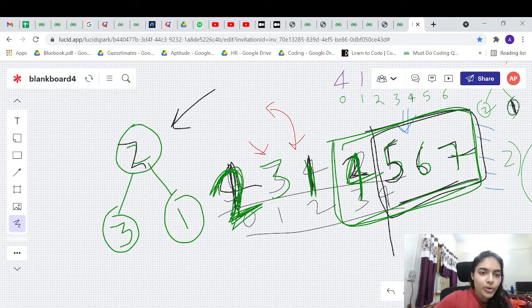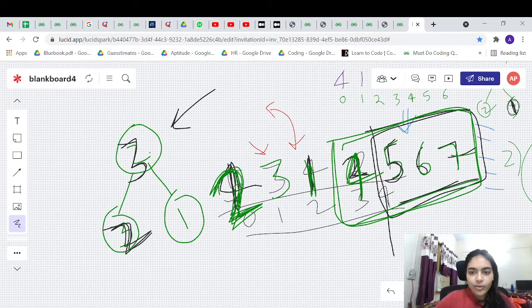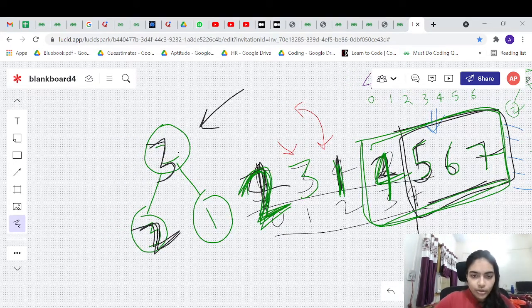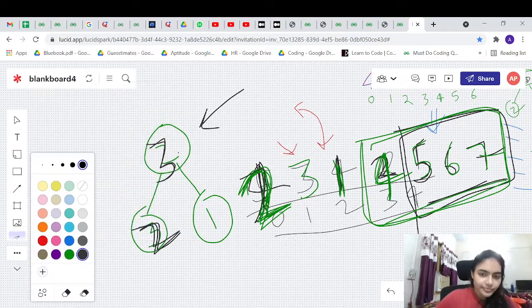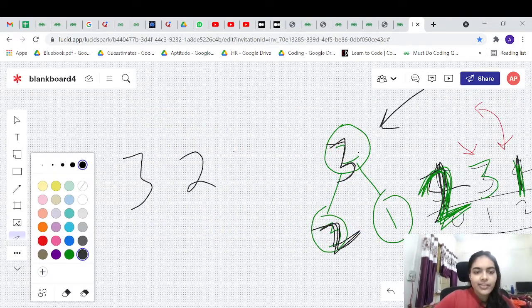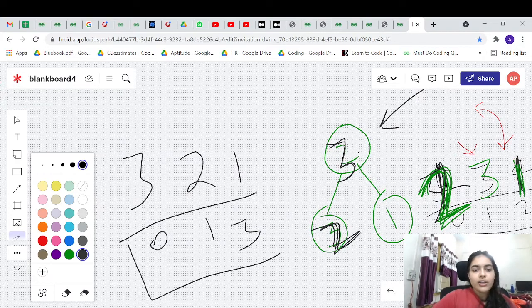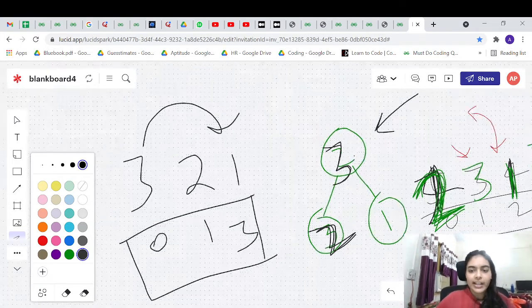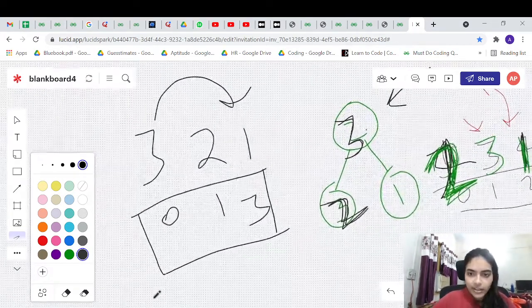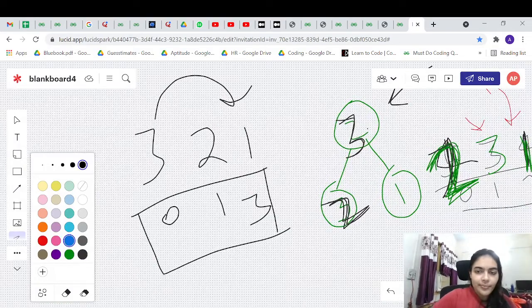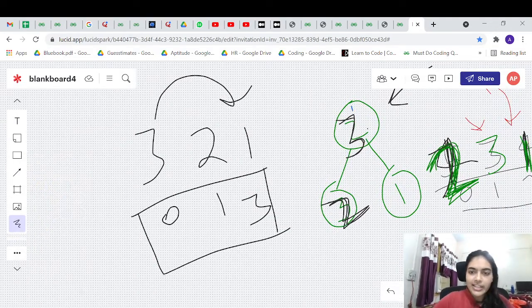Again extract the topmost element. Which is the topmost element? Topmost element is 3. So where will 3 go? Okay. Where will 3 go? So this has become the array. Let me write again. This is the array 3, 2, 1 and these are the indexes. So where will you put 3? You will put 3 at the last position. So what are you basically doing? You will replace 3 with this last element. Last element is 1, right?